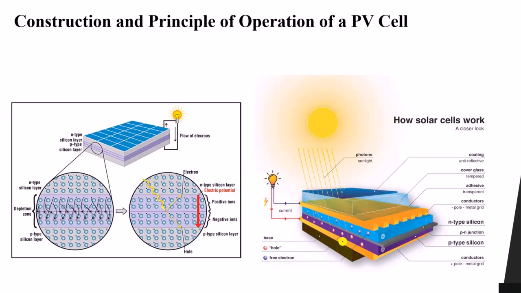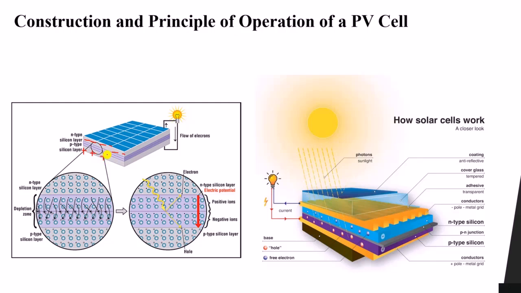So let's look at this image. You will see that we have the n-type material and the p-type material, and when we connect them together, putting them above each other, the phenomenon will happen. Here we have an excess number of electrons, negative, negative, negative, and here we have an excess number of holes.